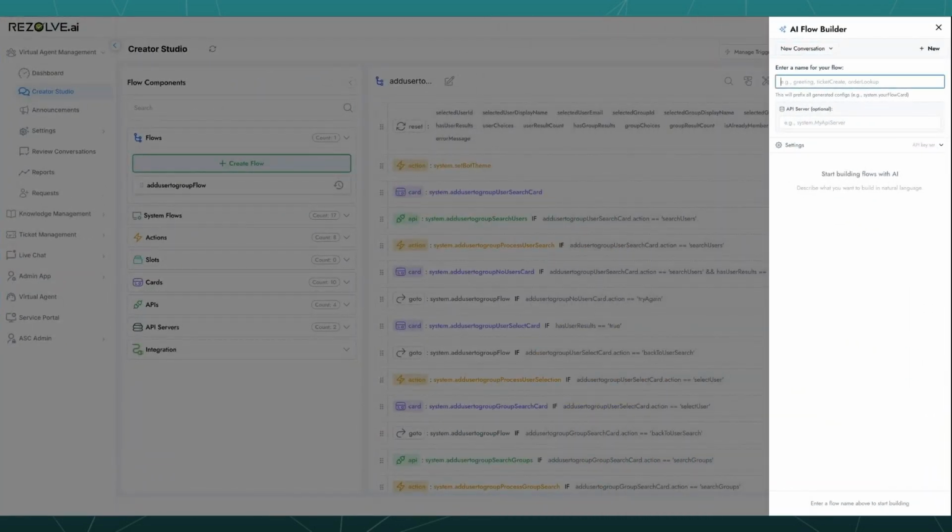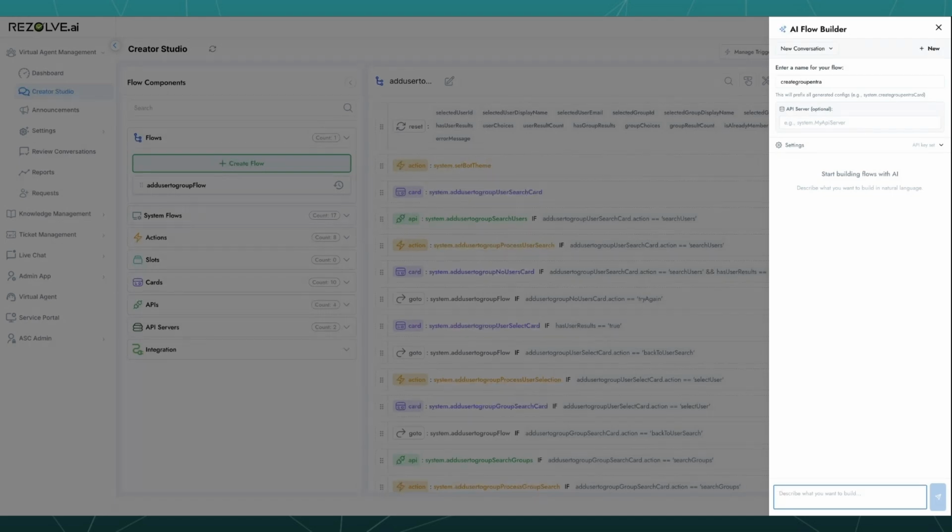All right. So what we are going to do here in the new conversation that we started is we are going to build a flow that allows a user to create a group and intro. So I'm going to call this flow create group intro. Now, for our engineers out there, if you've already defined an API server for your intro, so that's like the base of your URL in the flow, you cannot define that here. But just for this purposes, I'm going to create something brand new.